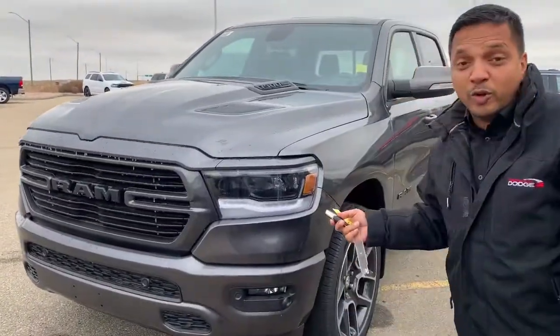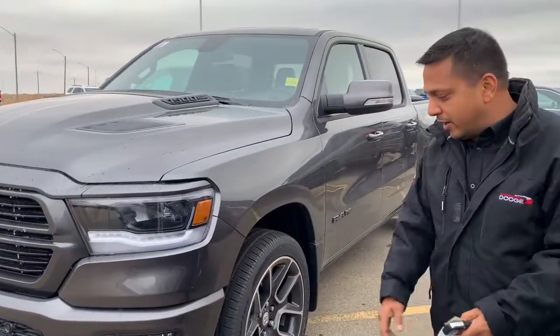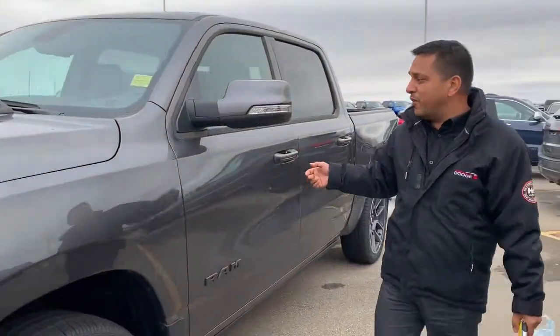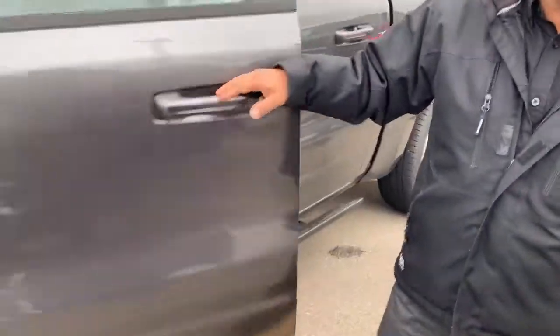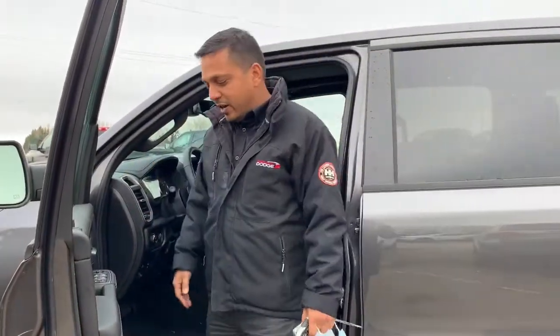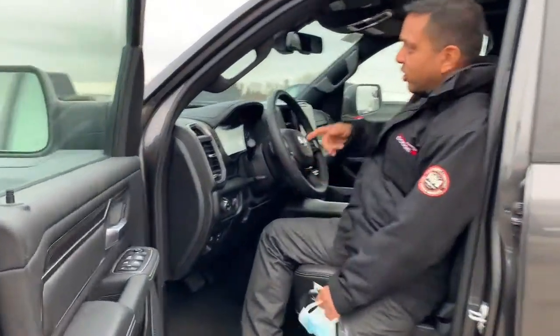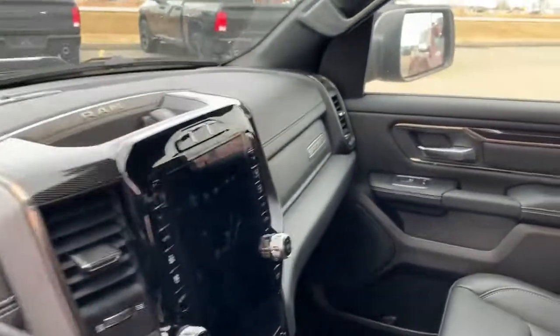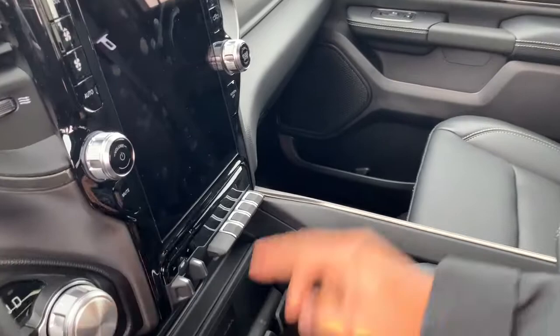This is a full load sport you can buy in the market with 22-inch wheels, front and rear parking sensors. This one comes with power running board, so pretty good for a short guy like me. As soon as I open the door, I can jump on it. So it has 12-inch screen, full moonroof. You got heated seats, vented seats, as well as heated seats for the rear, trailer brake controller, and of course